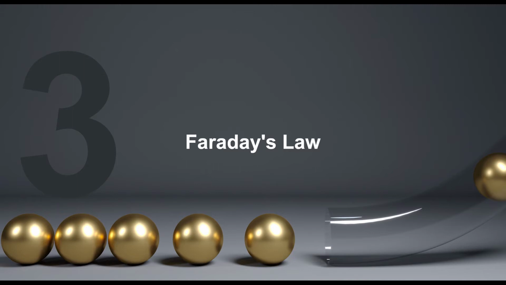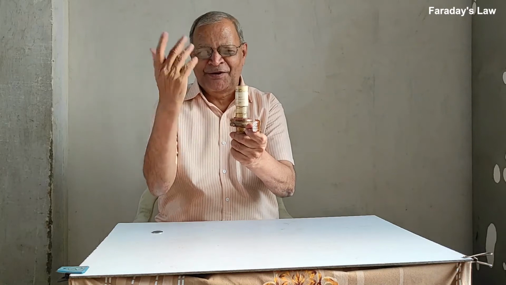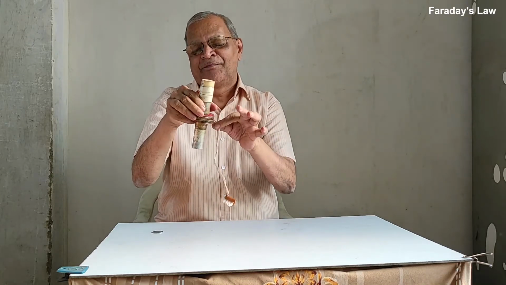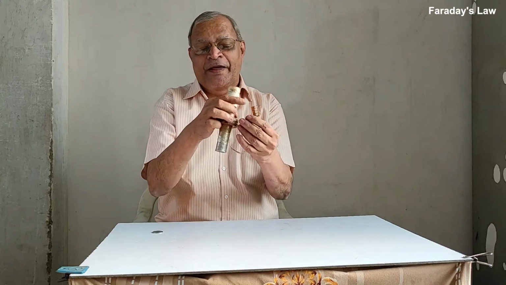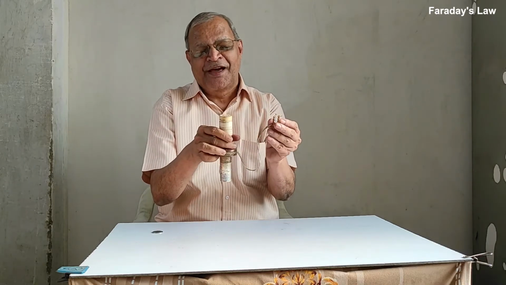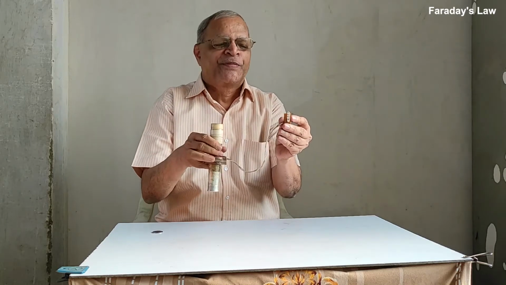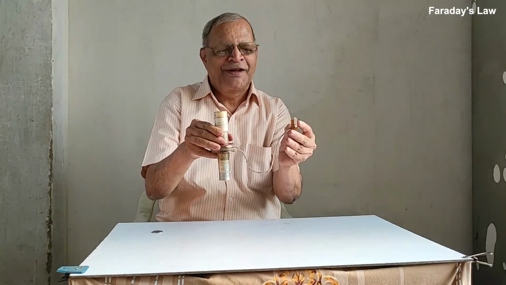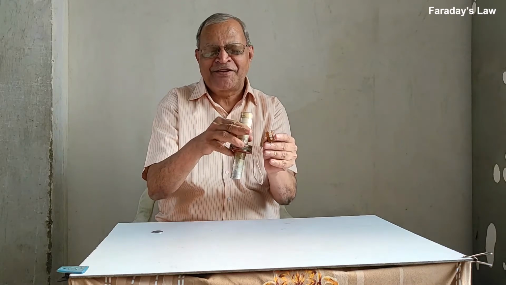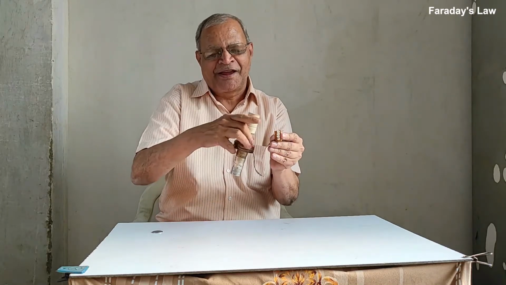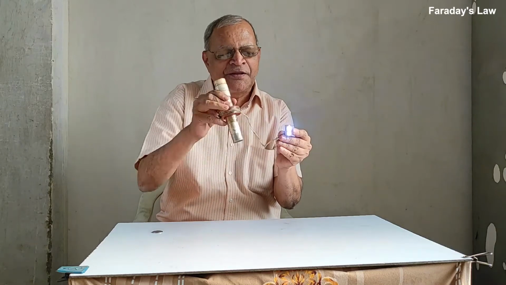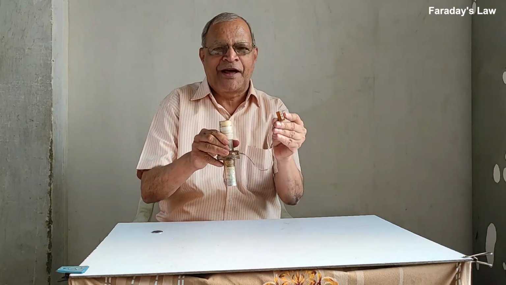Here is one wonderful demo experiment. I have a cylinder, a coil having a large number of turns, 3000 turns, and a pair of wires going to an array of LEDs, 4 LEDs. They are connected back to back, anode to cathode, in parallel. Now I can show you a magic-like flash here. I can shake this and I can generate a flash. So by shaking this I can generate a flash.